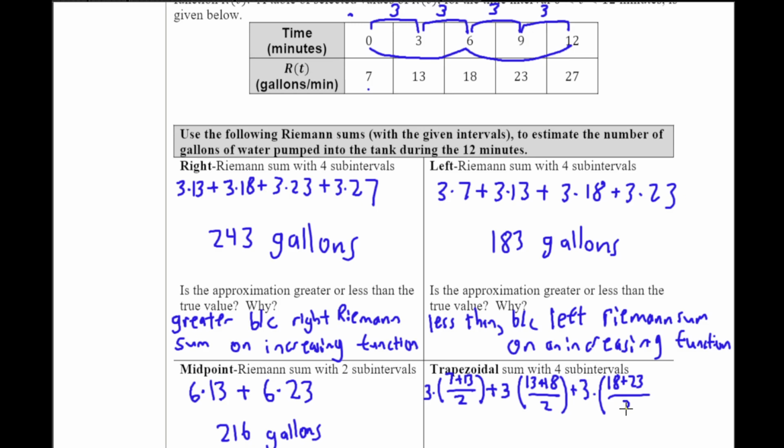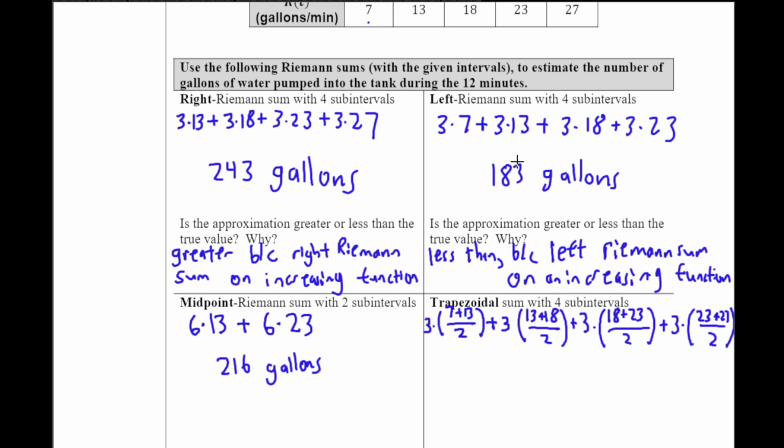You should start noticing the pattern now with these. Plus the height here is 3 again, times 23 plus 27, and that's all over 2. And if you put this all on a calculator, you end up getting a value of 203 gallons. Sorry, I meant 213 gallons, not 203, my bad. On the calculator, you should get 213